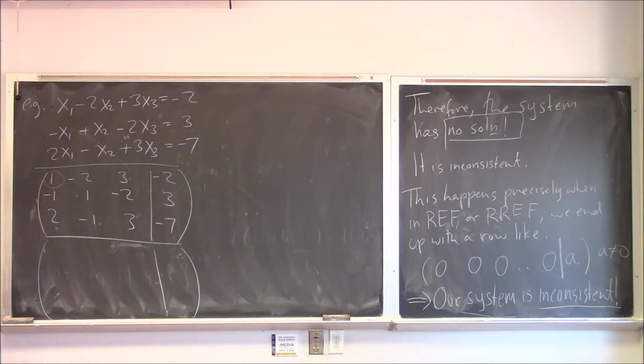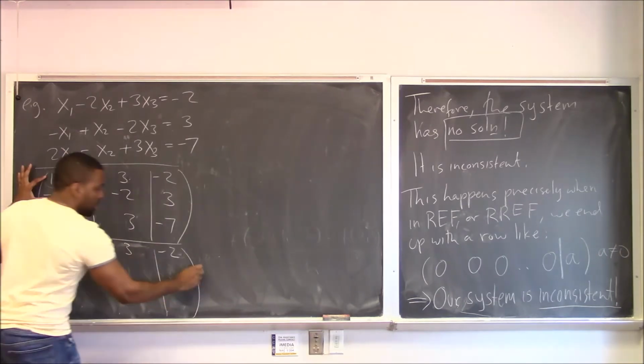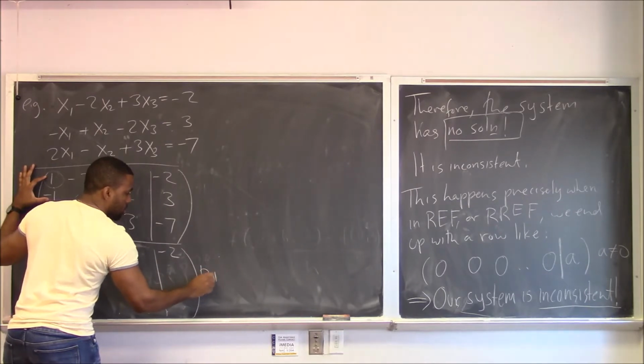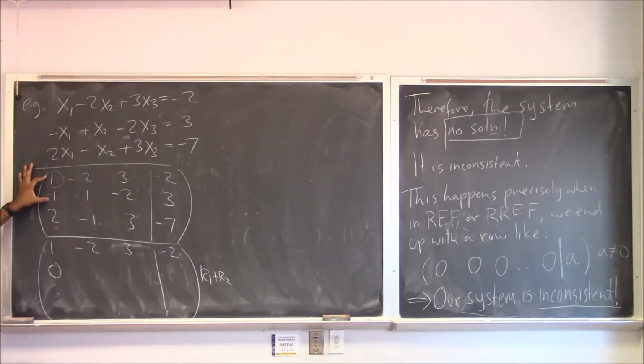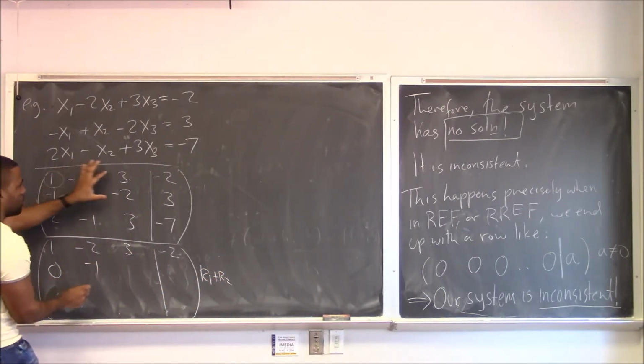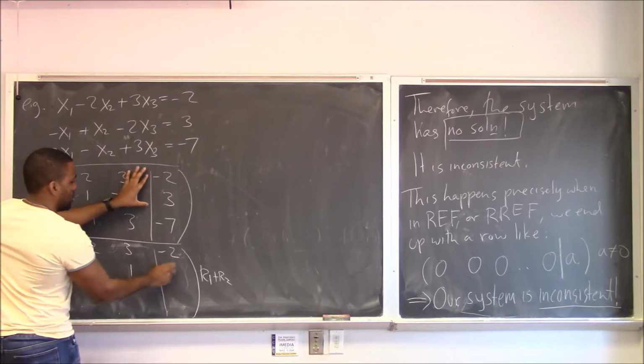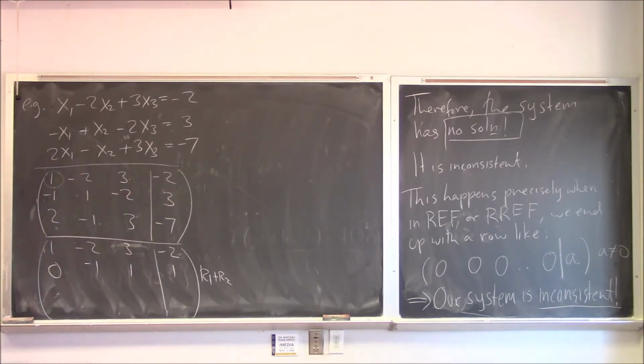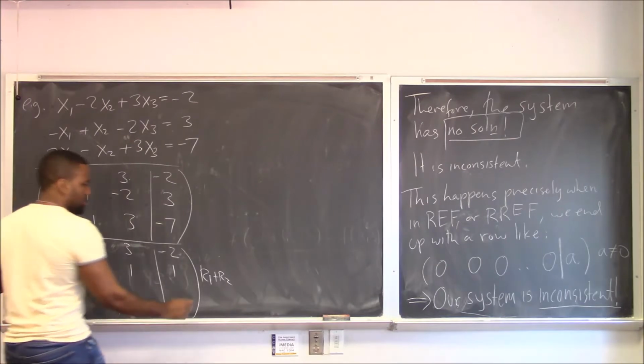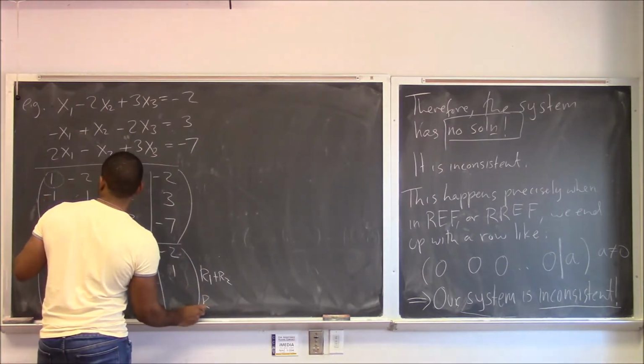Goal, establish the first pivot. That's already a pivot by our definition, so I'm going to leave that alone. Get zeros below it immediately. I can get a 0 here by adding these two, so let me do that. Row 1 plus row 2. That would be 0, minus 1, 1, 1. Want to get a 0 here. This is very similar to the last one. I can take row